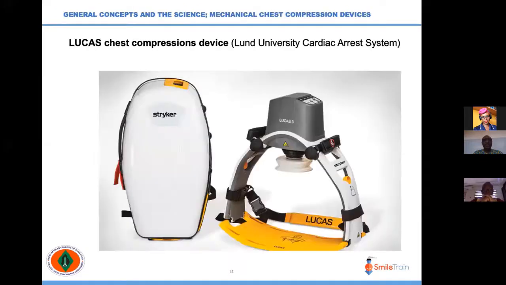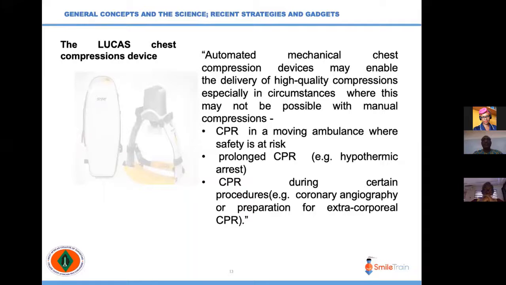This is the Lucas chest compression device. Lucas is the Lund University Cardiac Arrest System. It's an automated mechanical compression device whose job is to provide high quality compressions mechanically or automatically. It's battery powered, and it has some advantages, especially where manual or conventional compressions are